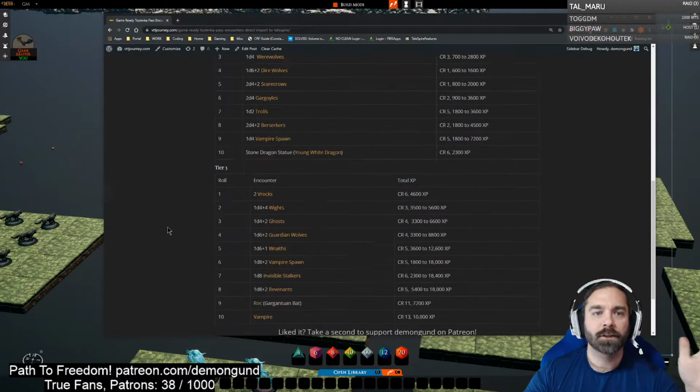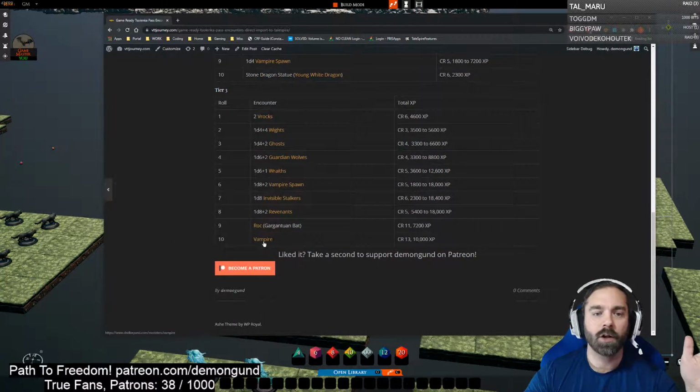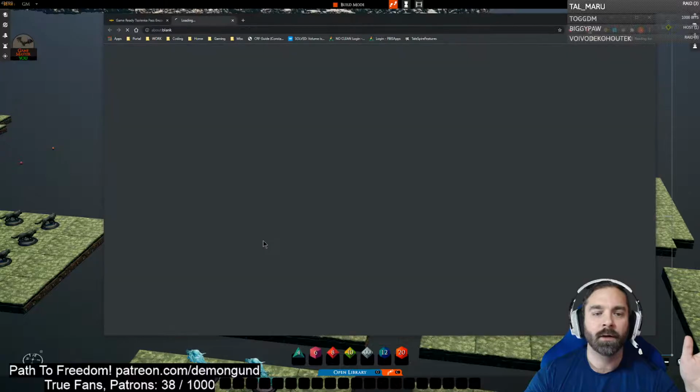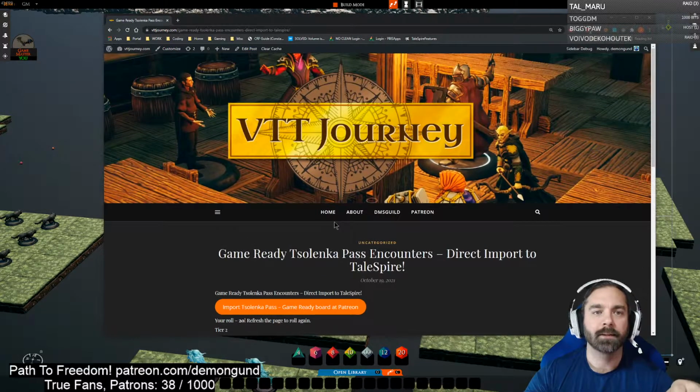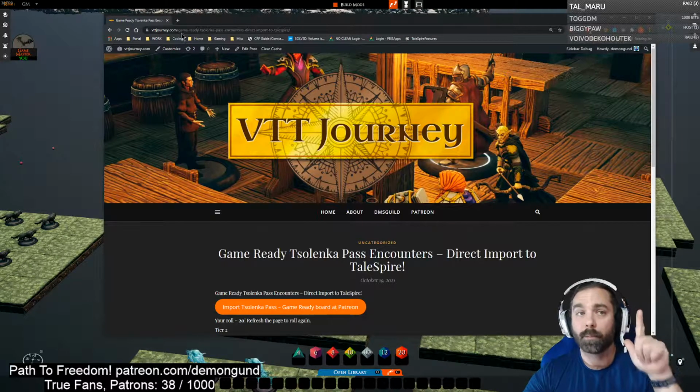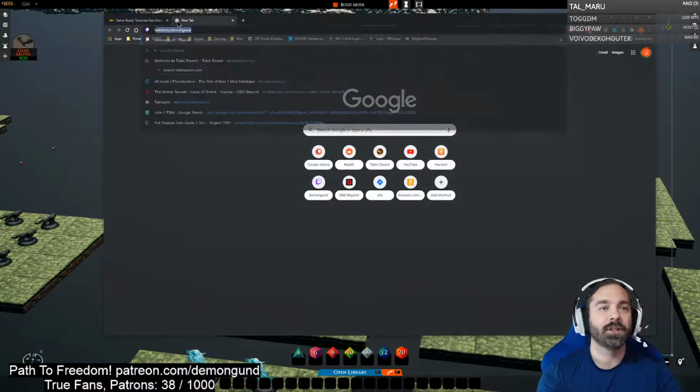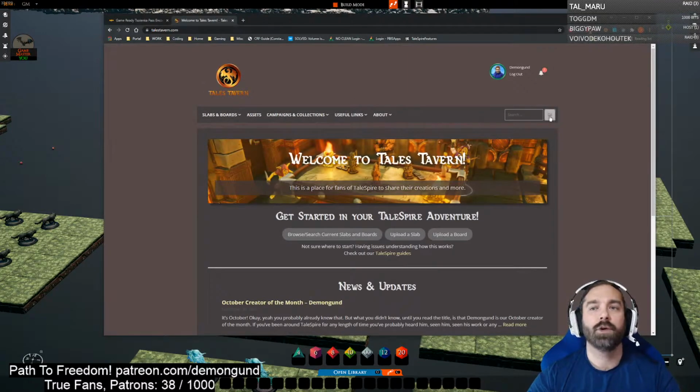Okay. So yeah, there's tier 2 and tier 3 encounters. All of these have their associated D&D Beyond monsters referenced for quick access. So it's Solenka Pass published. Additionally, at Tales Tavern, no doubt,